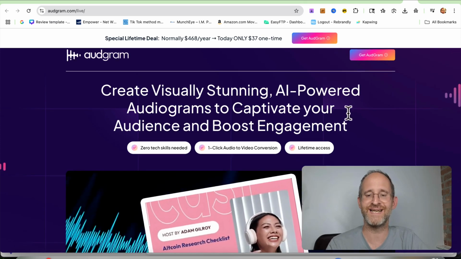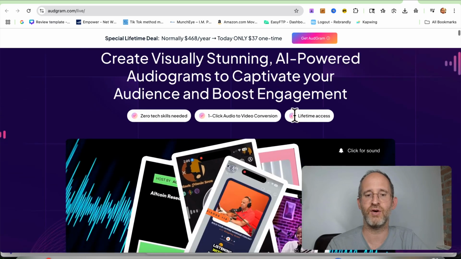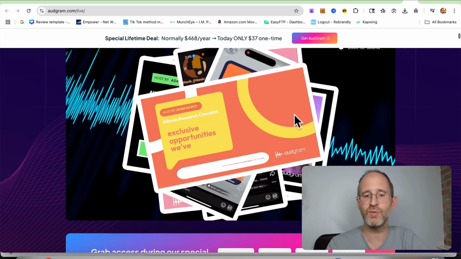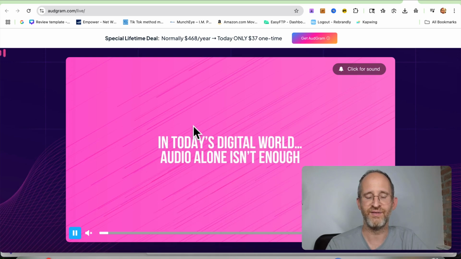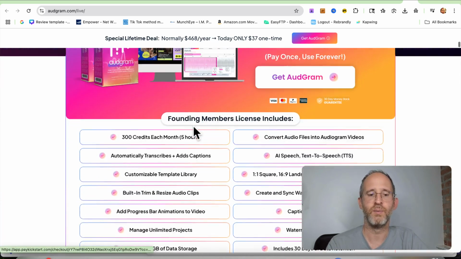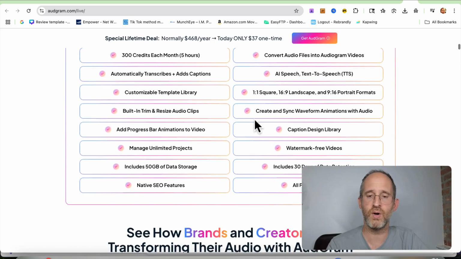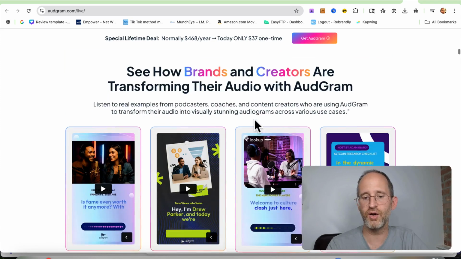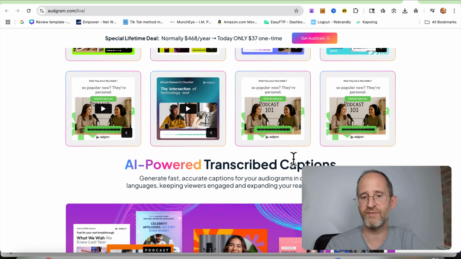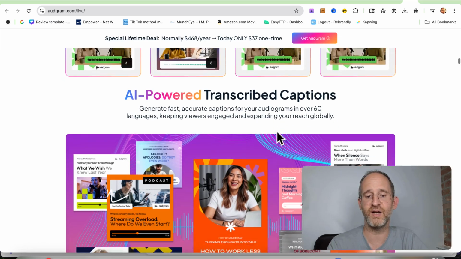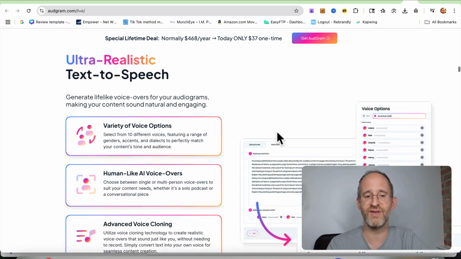It says create visually stunning AI-powered audiograms to captivate your audience and boost engagement. So essentially what this does is you can actually take text or audio and turn it into these little animated videos that you can post on social media, post on Instagram, post on YouTube, post wherever you want, and just turn that text or audio into a video. Now they have a ton of different examples here on the sales page. It kind of just shows an image with an example of it and the little wave kind of thing moving here. Essentially, this is designed to either drive traffic to a specific offer, or you could even drive it back. If you've got a longer piece of content, you could use it to drive it to that piece of content